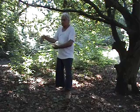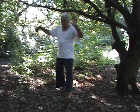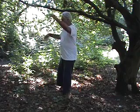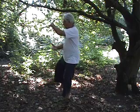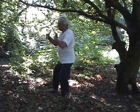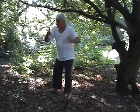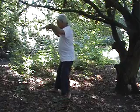and the change direction, stepping into the corner. Once again, the single-handed push, and this movement, turning to the front and going into the ward-off again. Press, protect,